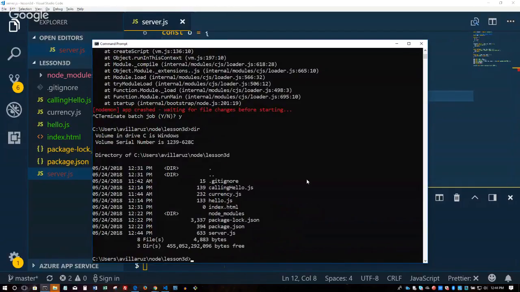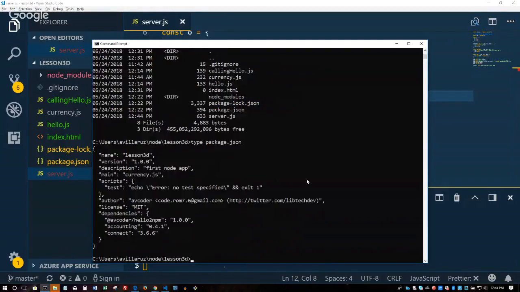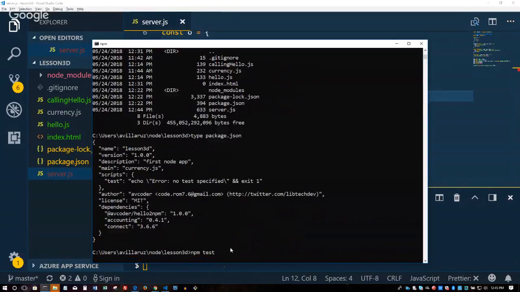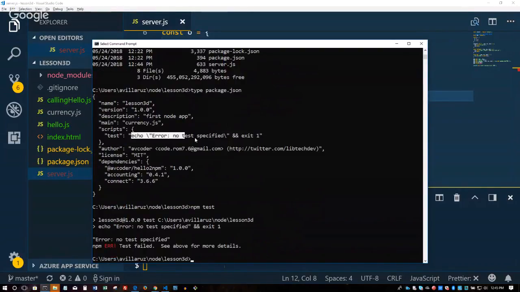It's npm start. So if you look at your package.json for a second, under the scripts section, it only has one script, test. Watch what happens if I just say npm test. It actually will run this command, echo whatever, and as you can see here, there it is. What most developers do is they'll add another entry in here under scripts called start, so that when you say npm start, it'll actually start your Node app. Let's do that right now.